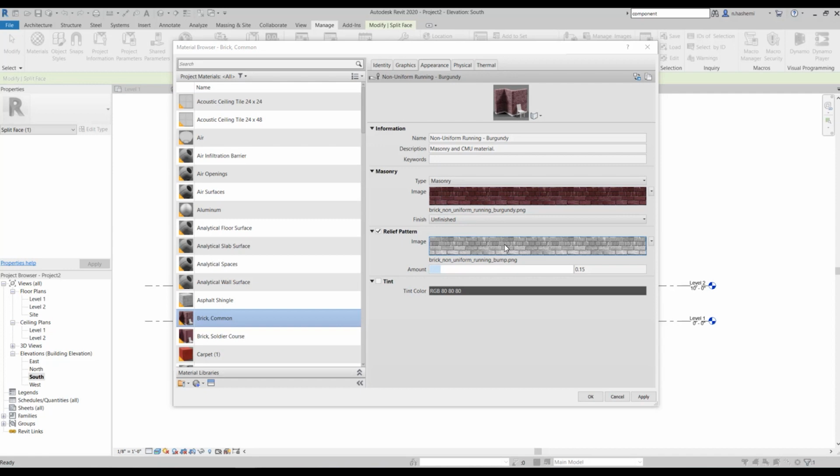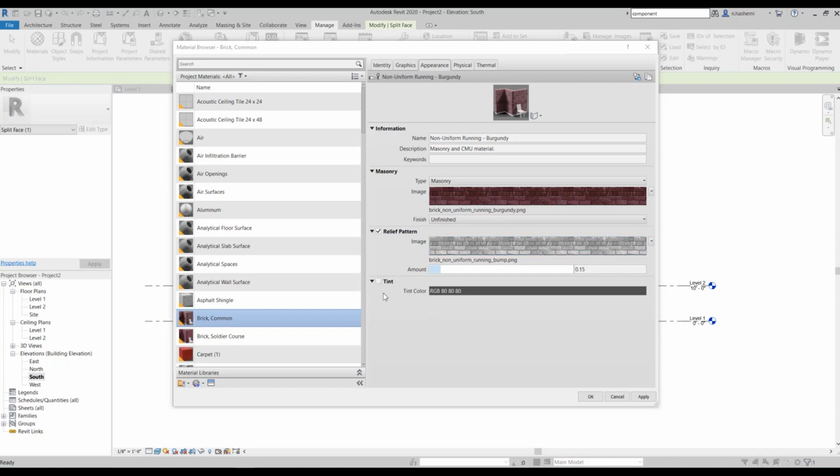This is the texture piece behind that flat image, okay? So if you have a bump, that is related to this relief pattern. So this pattern gives texture to our flat image. It has information about where the shadows and highlights are in the image. So this image at the top is the actual flat image, and the other one in grayscale is the texture of the material.